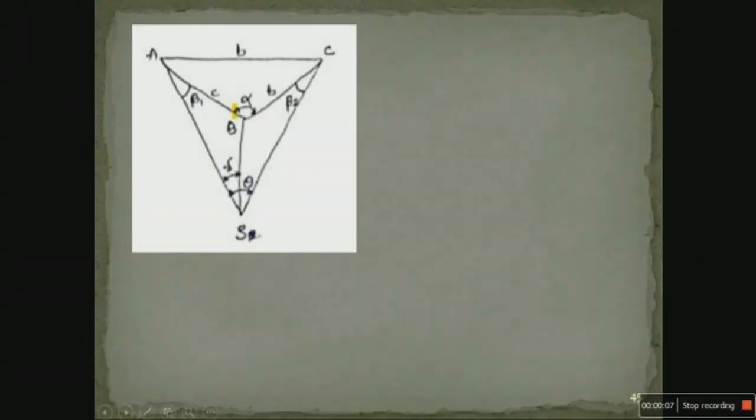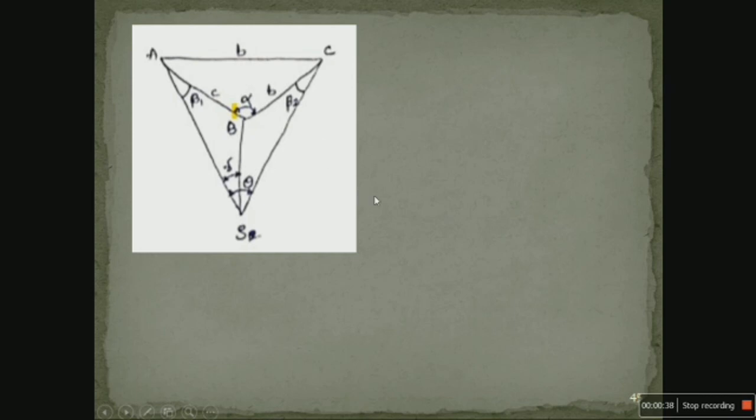Just observe the diagram. In the problem they have mentioned that your satellite station is on the south side of the main station. So this is the reference diagram. These are the main triangulation stations A, B, C, and this is your satellite station. As per the diagram, here I am considering beta 1 and here it is beta 2, and with respect to gamma is here and theta is here. So we have to find out the alpha.